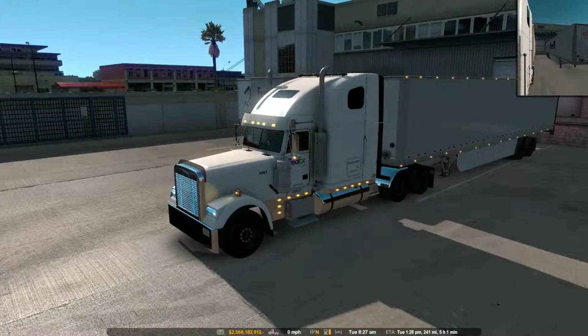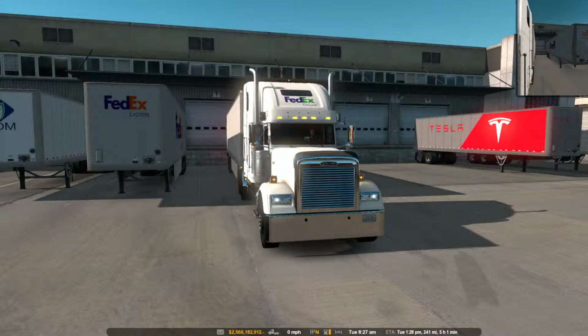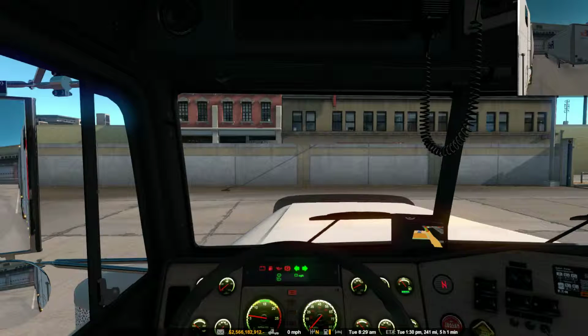Here we are in Santa Maria, where we dropped off last, and I found a job to San Francisco, actually. So we're going to the Port of San Francisco with curtains, 38,772 pounds of curtains. About 241 miles, not that far, or it's pretty far. It's a lot further than 100 miles of what we've been driving. And actually,